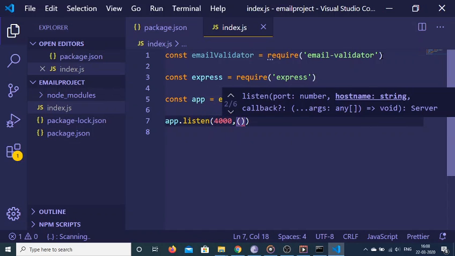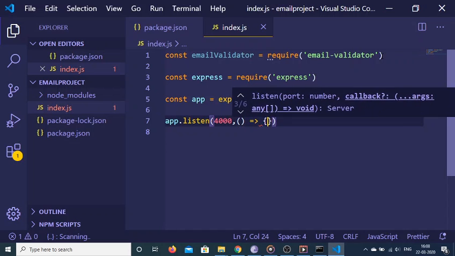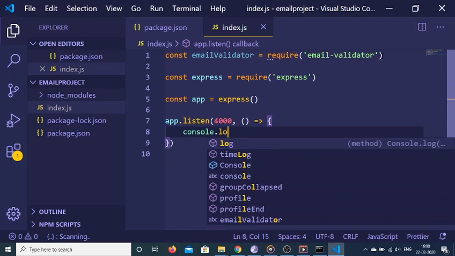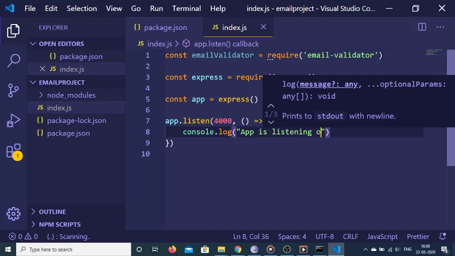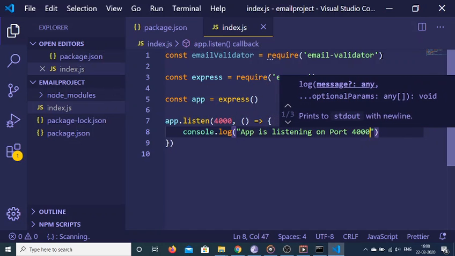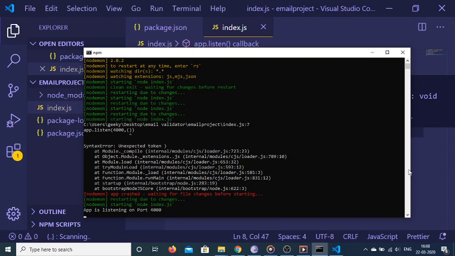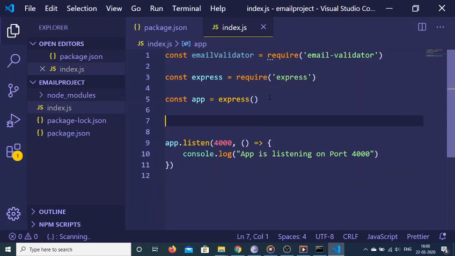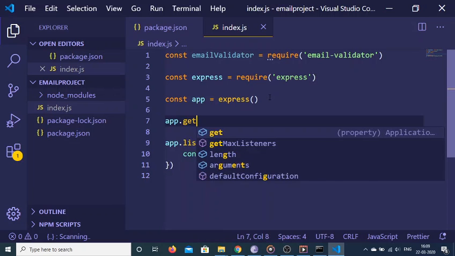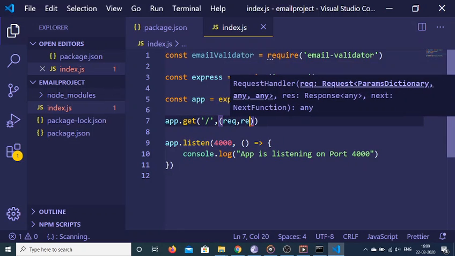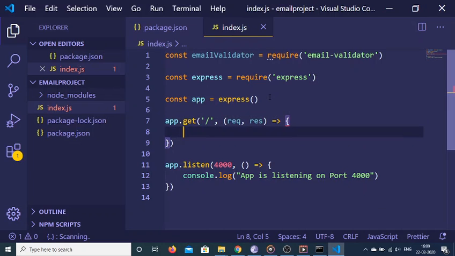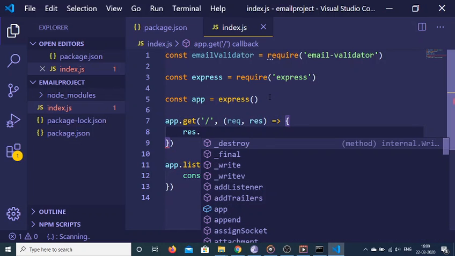So a callback function will be there, arrow functions. So we can just console log that app is listening on port 4000. And now if I refresh it, you will see that app is listening on 4000. And now basically we can just make a simple get request. When we open the home route, we can have the request and response, and we can just load a simple file here, which will be